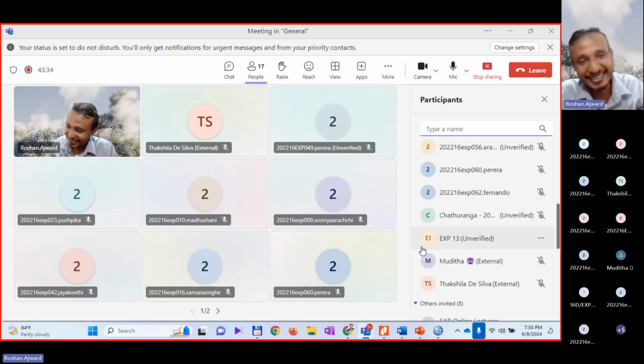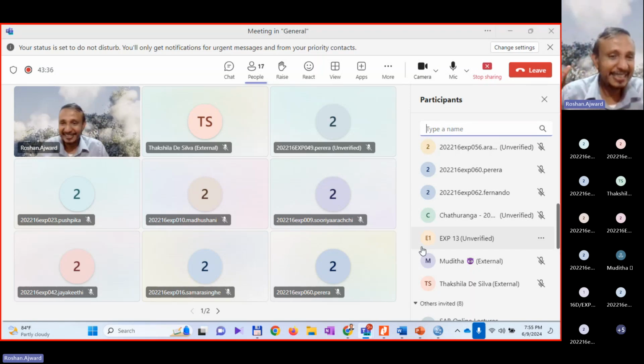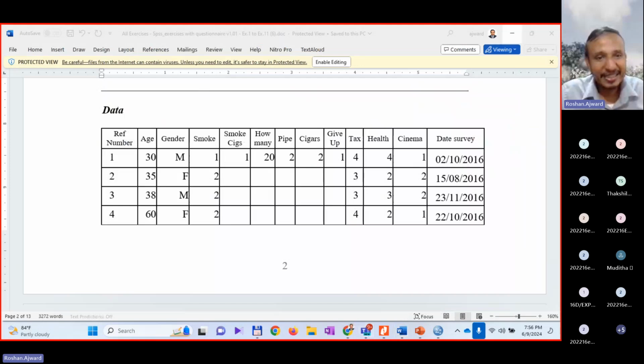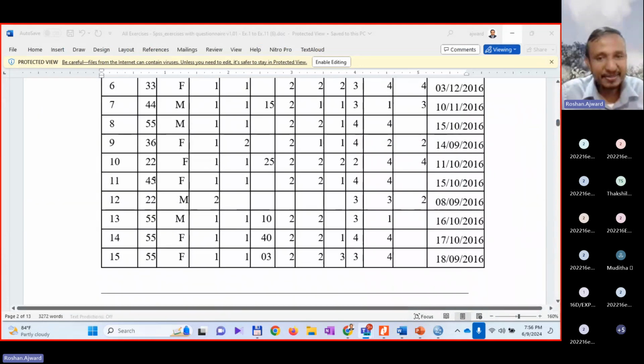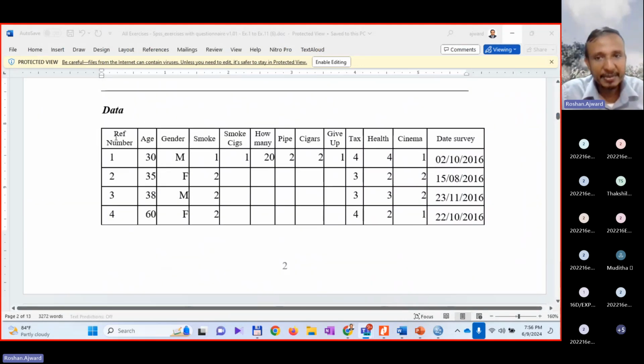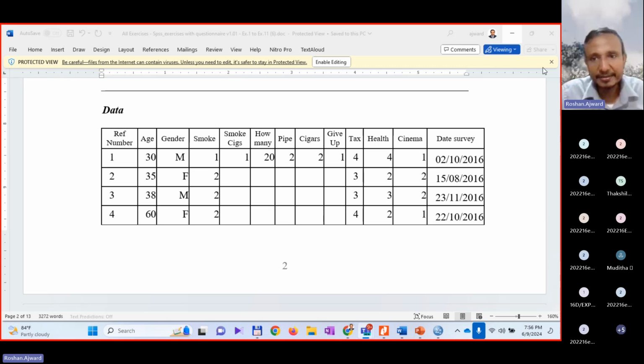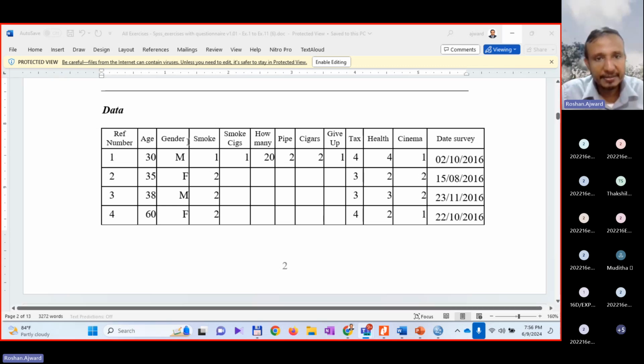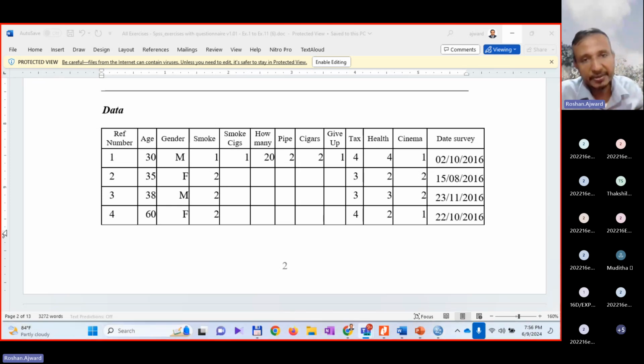Okay, 10 minutes, 8:10. Try to create this simple data set. Right, so you can see this data set has 15 observations. And how many variables are there? 1, 2, 3, 4, 5, 6, 7, 8, 9, 10, 11, 12, 13. There are 13 variables. So can you please create it. I'm going to stop sharing the screen and create it by myself,